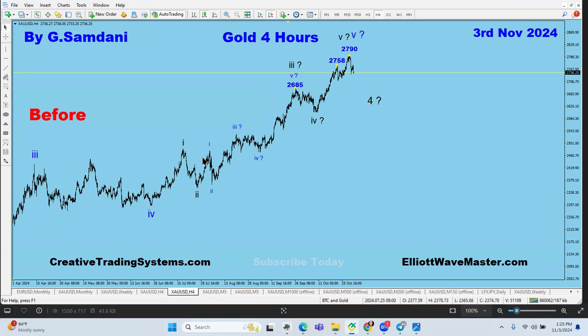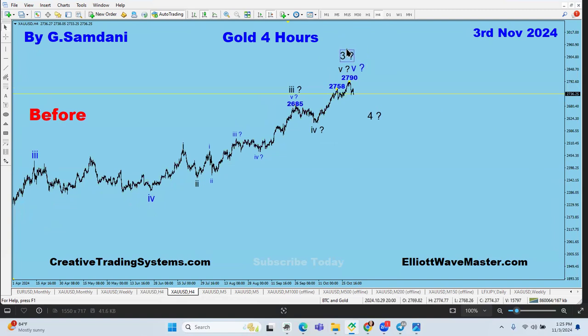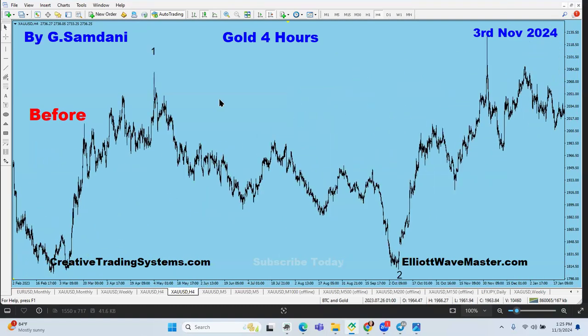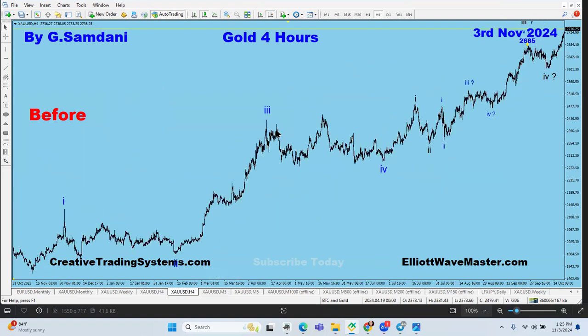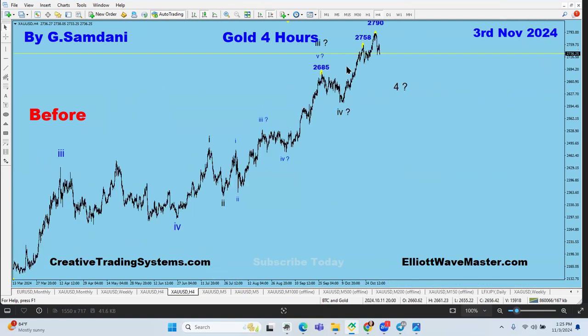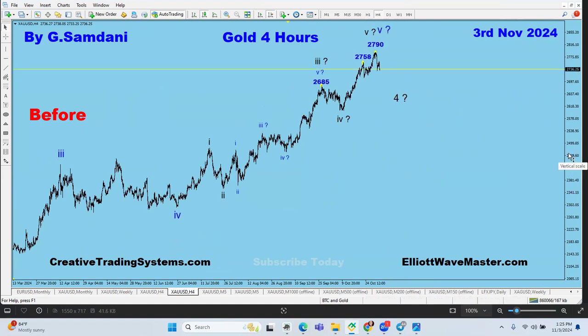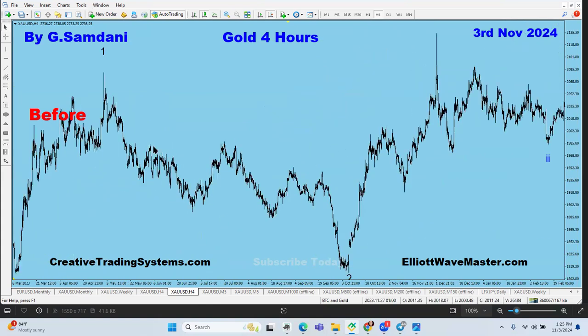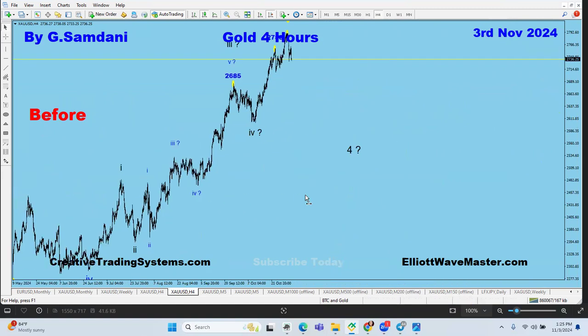Let's see, if this is wave 1, 2, then 1, 2, 3, 4, 5, this ends wave 3, this is wave 4, and wave 5 as well as wave 3 ends here already, right? This is one version, and then we're going to drop for wave 4 of this numeric count. This numeric count that started from the bottom. This is wave 1, 2, right? Then you have 1, 2, 3, 4, and this wave 5. That is wave 3 ending here, and then we're going to be dropping for wave 4. So if wave 2 is this big, then imagine how big wave 4 is going to be.